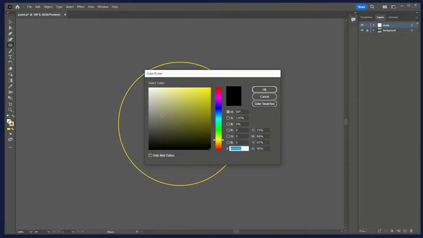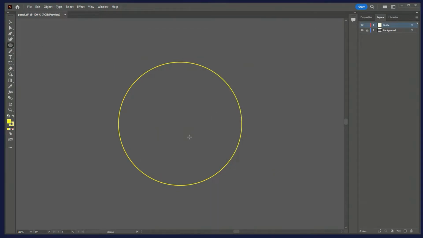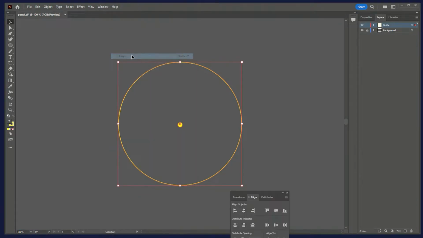Draw a large circle and a small circle. Align the centers of the two circles using the Align panel.